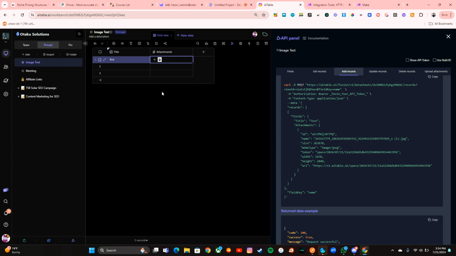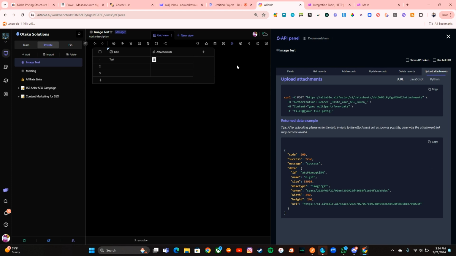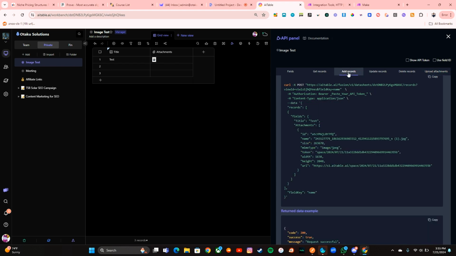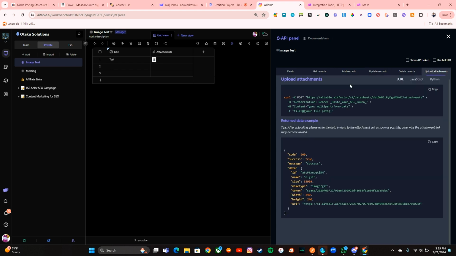This is a two-step process. When you make the API request to upload the attachment, you're like creating a request, like you're uploading it into your space. And then you have a certain amount of time in that space to validate that request and actually create a record. So if you look here at the attachment API, I'm just uploading an attachment. I'm not actually creating a record here, if that makes sense.